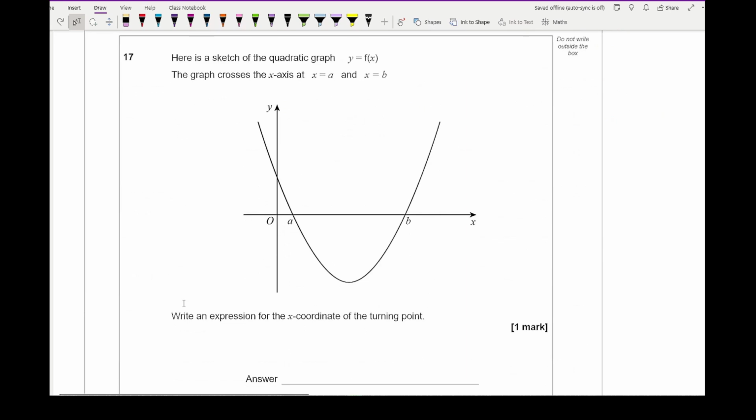Then moving on to question 17, it says, here is a sketch of a quadratic graph y equals f of x. The graph crosses the x-axis at x equals a and x equals b. Write an expression for the x coordinate of the turning point. Well, the turning point is here, and what the question is asking for is what this point here is. And that is the midpoint